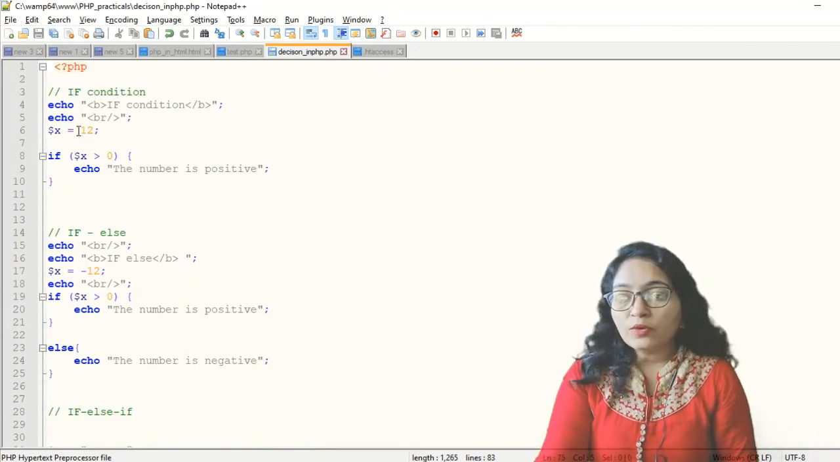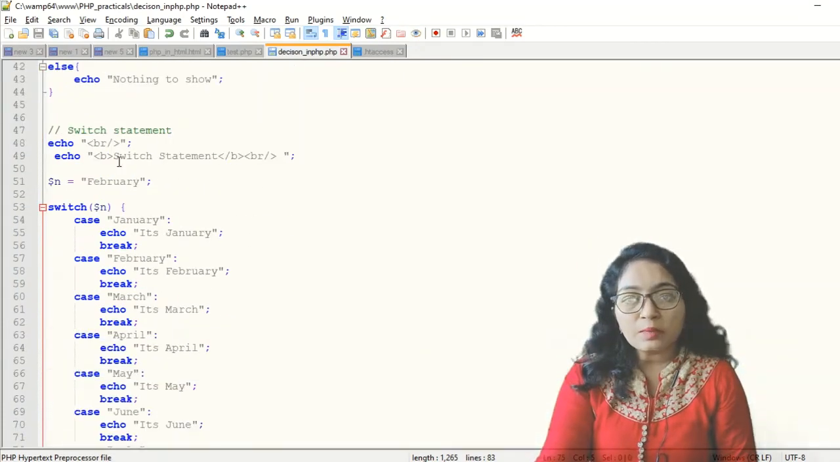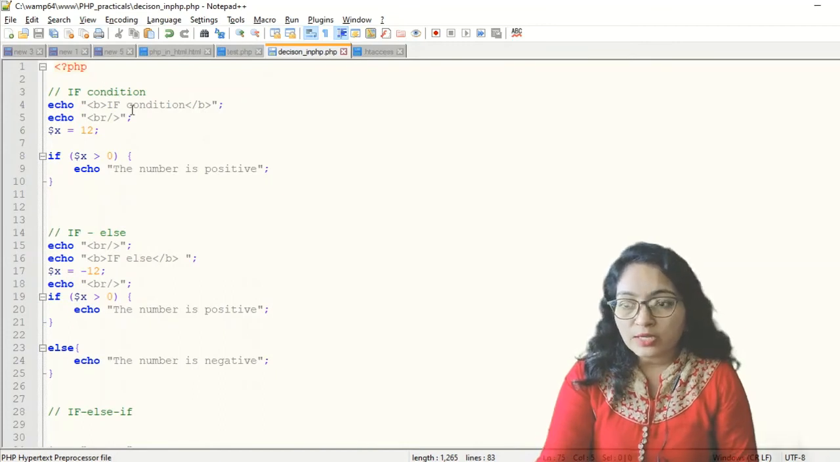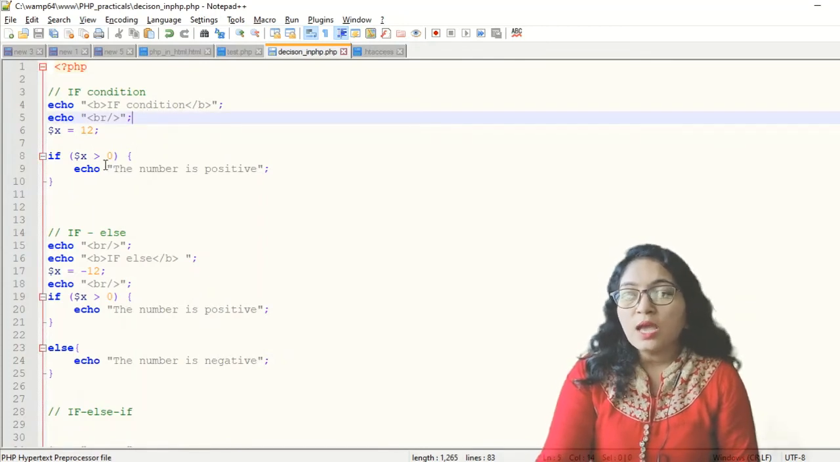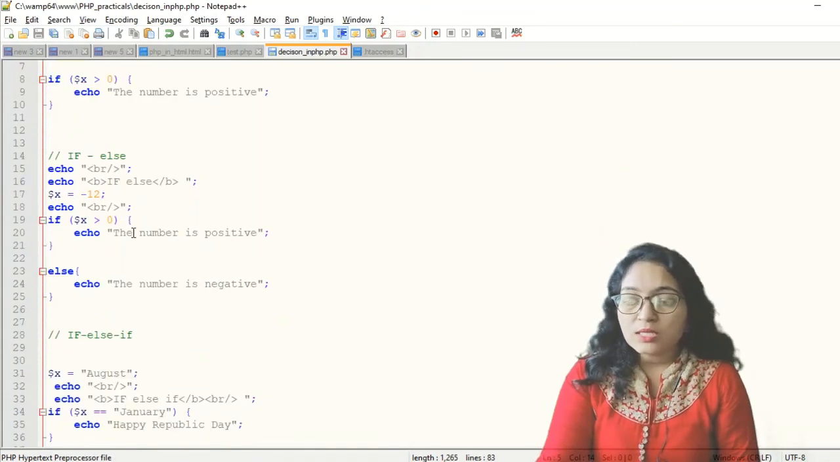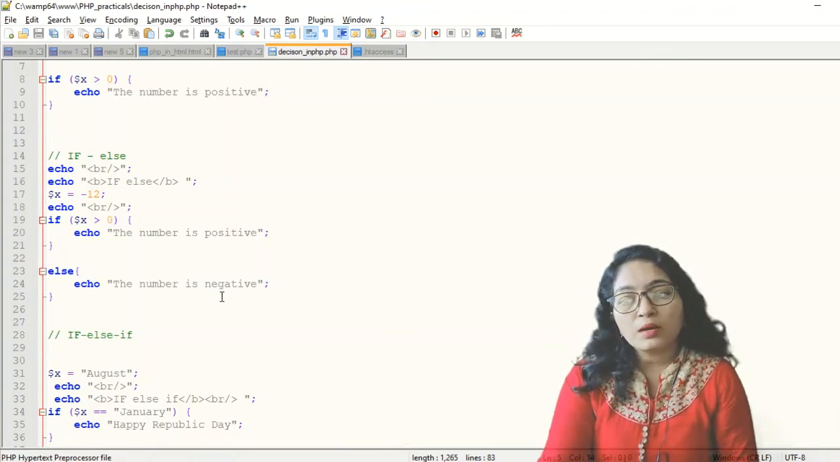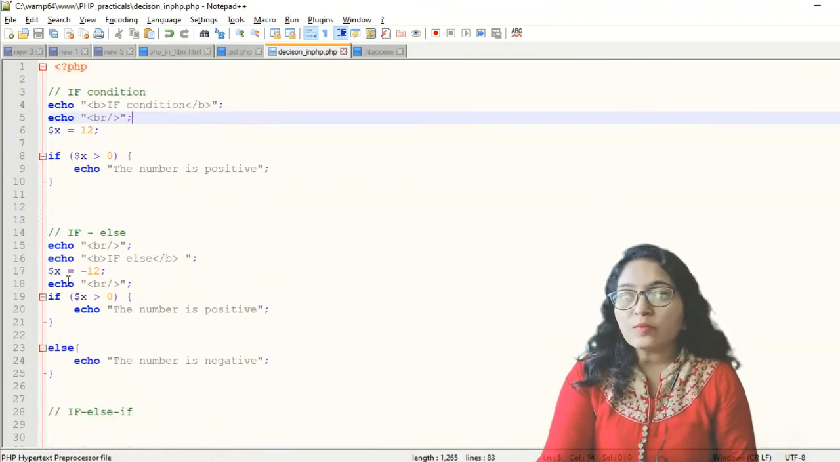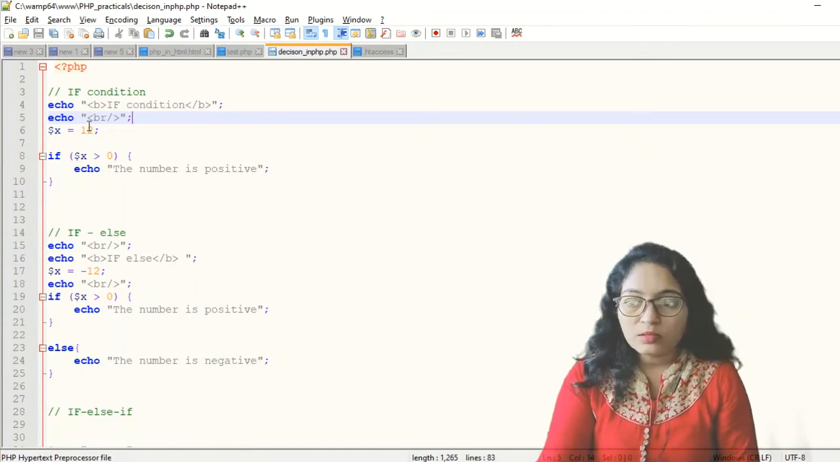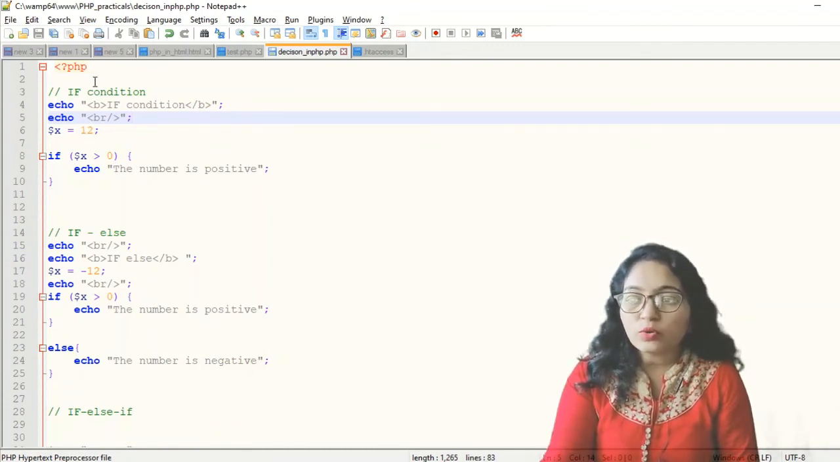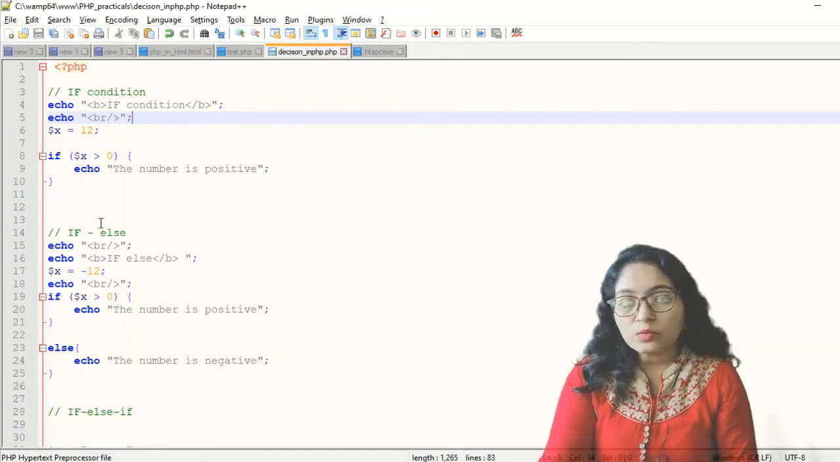Okay, so I have used each and every statement in the same file. Here you can see this is the if condition. So here $x is equal to 12, that is written, and if it is greater than 0, then it will print the number is positive. Same way for the else, it is written if $x greater than 0, echo the number is positive, else the number is negative. Here I have used the same variable, so now the value of x will be minus 12, so it is overwriting this value. Okay, it doesn't matter, because we don't want this value anymore, so it is fine,